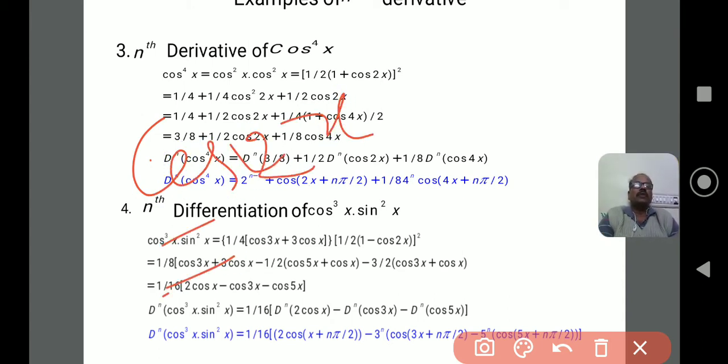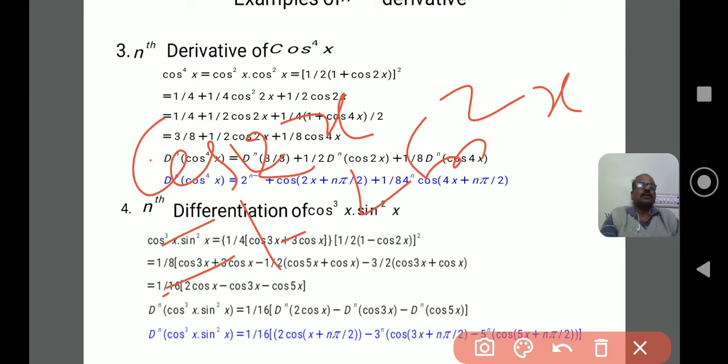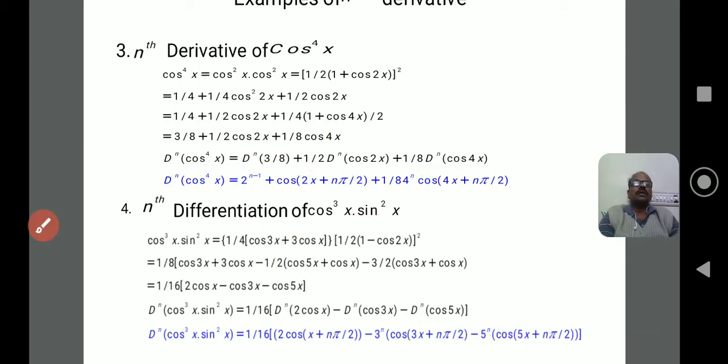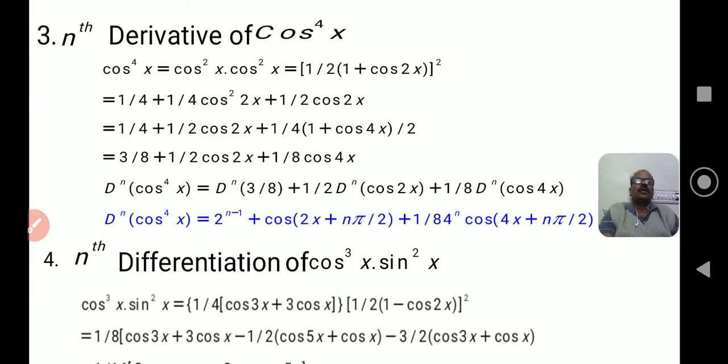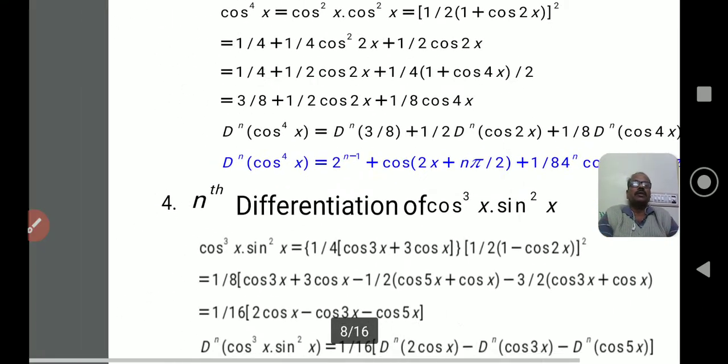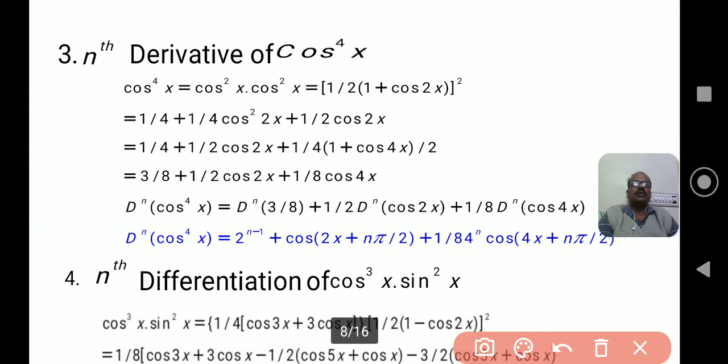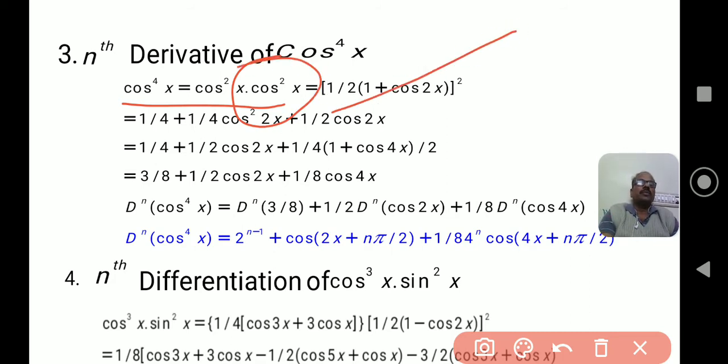Cos 2x can be written as 1 minus 2 sin square x, or 2 cos square x minus 1. Okay, observe the result, you are going to use this result here for cos to the power of 4x. I write cos power 4x at the beginning as cos square x into cos square x, because I want to express this cos power 4x in linear form. That is the reason I took it as cos square x. What is cos square x by using the cos 2x formula? You can write it as 1 by 2 times of 1 plus cos 2x, okay, whole square.